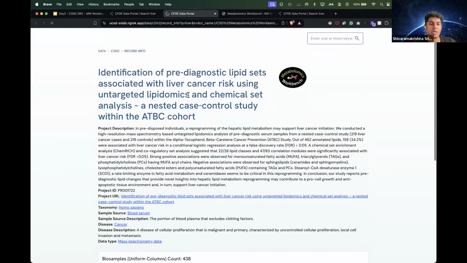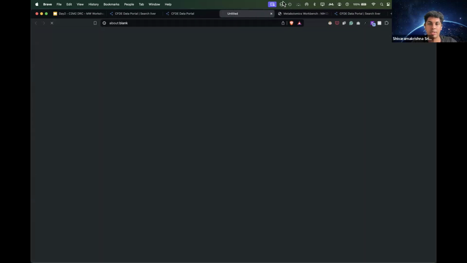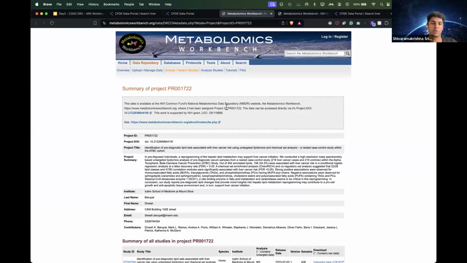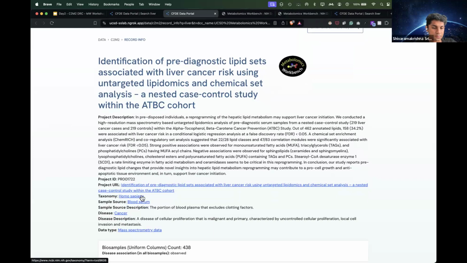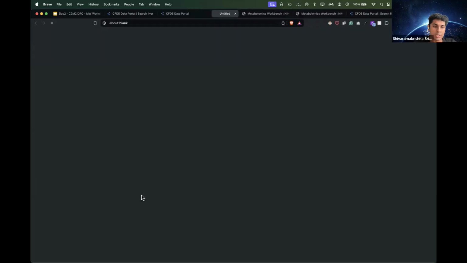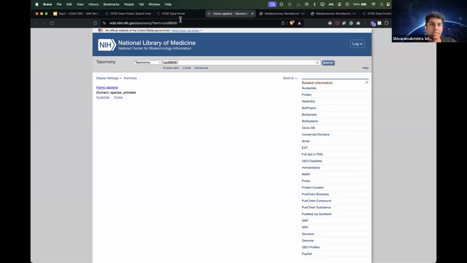And as you can see here, there is a short blurb that describes this project, and it consists of other project-related information. Any link that you see over here is a hyperlink, and it will take you directly to the associated relevant page. For example, the project URL should take you directly to the Metabolomics Workbench study over here, and the link under Homo sapiens should take you to the NCBI taxonomy term for Homo sapiens, and you can learn more about that